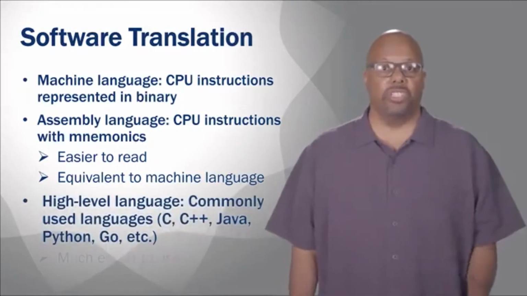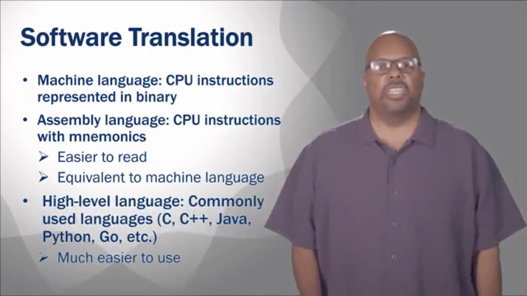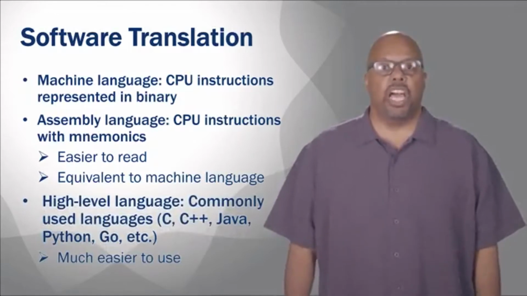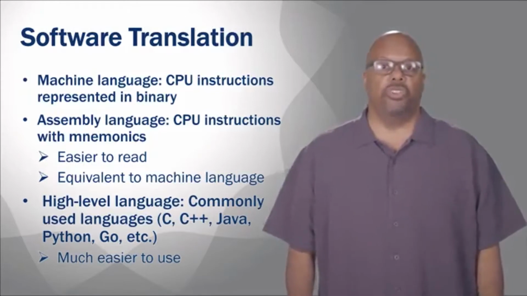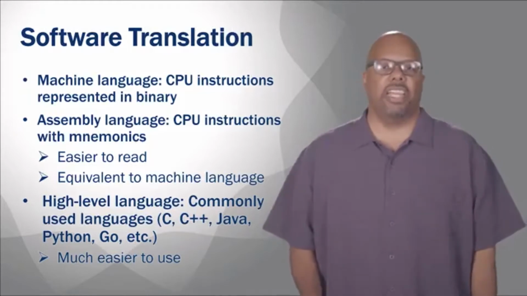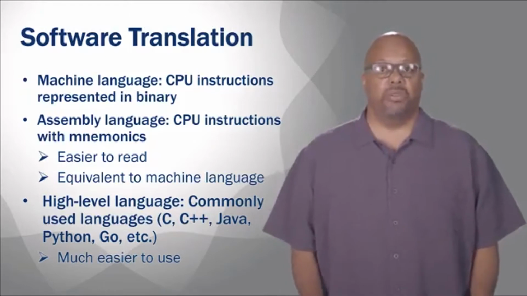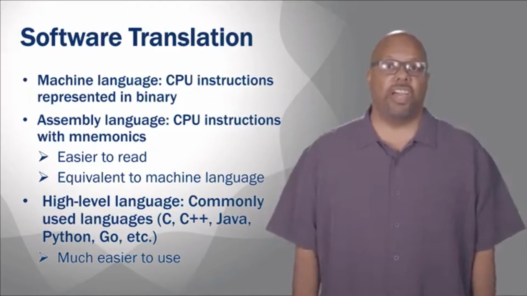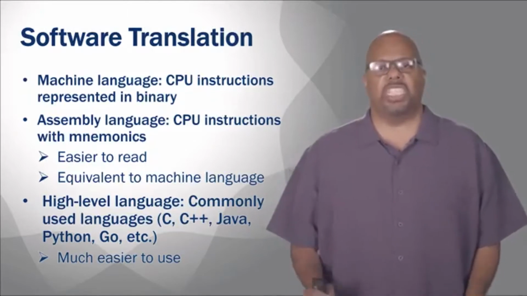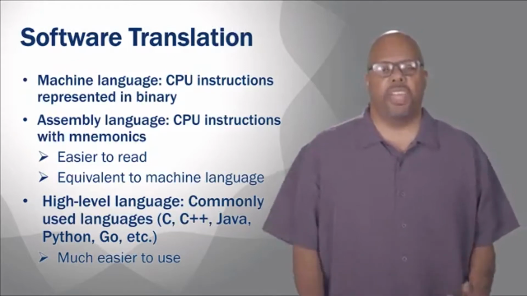Now, high-level languages, that's everything else, okay? That's a broad category. A high-level language is a language that essentially humans commonly use to program in. They are much easier to use than assembly language or machine language. They provide you with lots of abstractions that any programmer would be used to. For instance, variables, right? Assembly language and machine language do not have variables. They have memory, and you can put stuff in it, take stuff out, right? And there's no idea of a type or anything like that in assembly language or machine language. But high-level languages provide that to you, right?